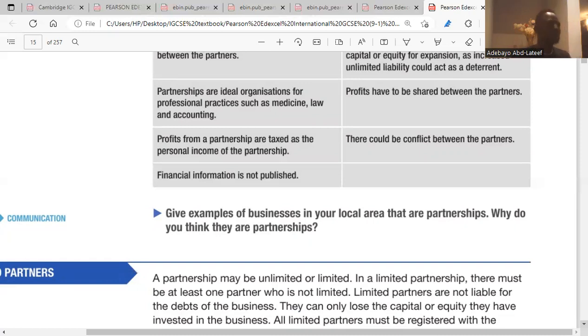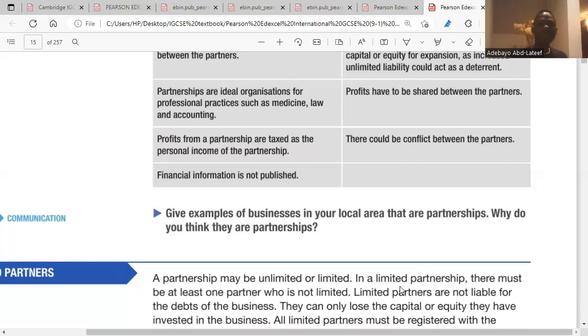That kind of profession doesn't need you to have a very big company. So partnership is ideal for such a business. You might be an accountant, I might be a lawyer, you might be a dentist. We can still use the same. Profits from a partnership are taxed